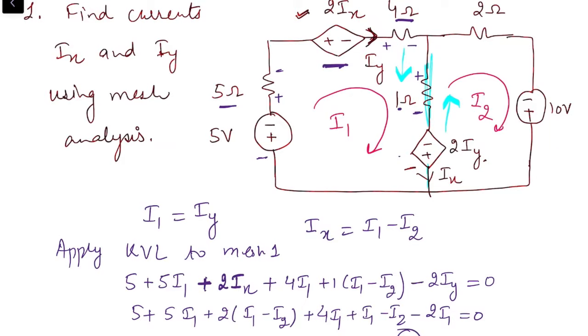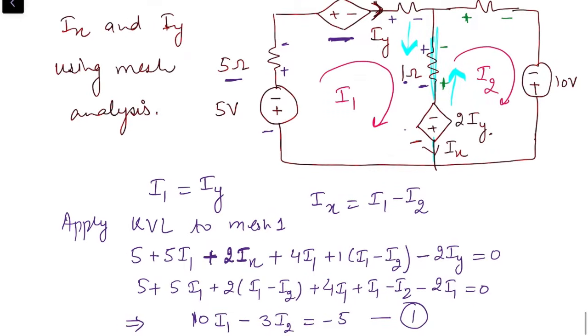Second equation we will get by applying KVL to mesh 2. For that, let's assign the voltage drop polarity across each resistance which is appearing in mesh 2. As per the direction of current I2, this terminal of 2 ohm resistance is positive, this one is negative. Then we have 10 volt source, 2Iy voltage source, and then drop across 1 ohm resistance. This terminal will be positive and this will be negative. Starting with 2 ohm resistance,